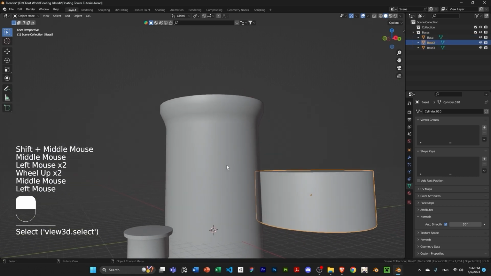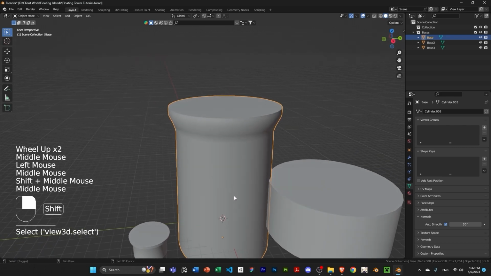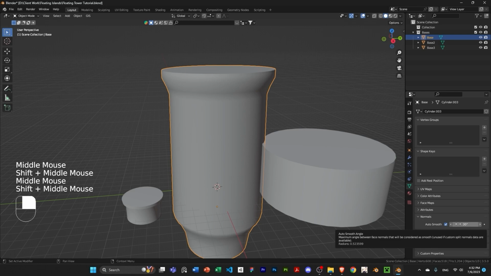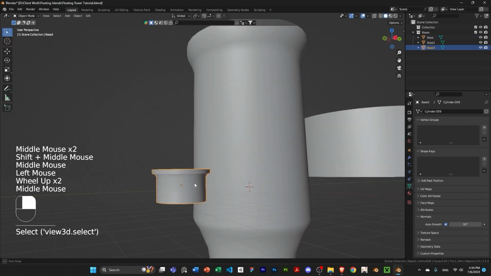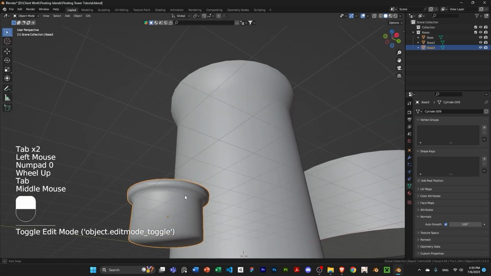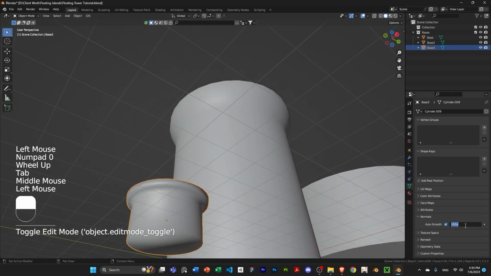And if you want certain things to have hard edges, you can go into Object Data Properties and hover over this to read what that does. Basically it determines what angle is going to be smooth. Here you can see it's a 90-degree thing. So if I change this to 100, for example, you can see the 90-degree angles are now going to